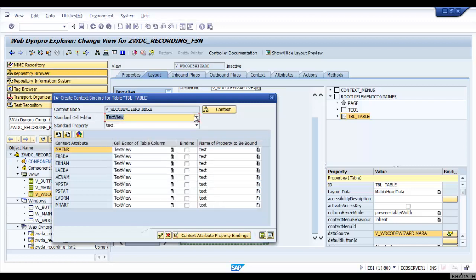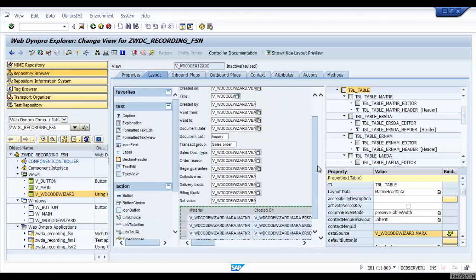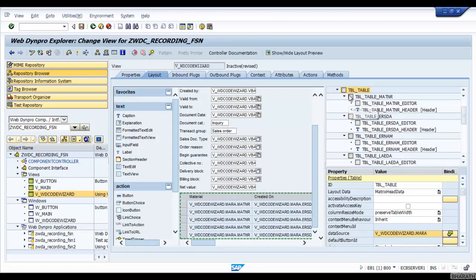I'm selecting text view, and by default all of them are unchecked, so select all. All the context attributes which are selected will be created as table columns. Click OK. Now you see the table columns have come.